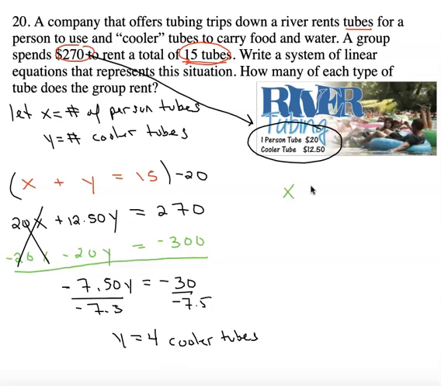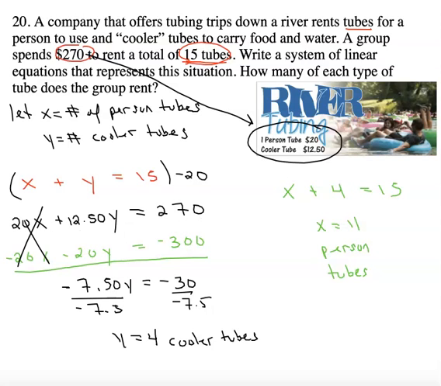So I have x plus 4 Cooler tubes equals 15 total tubes. So x is equal to 11 person tubes. So 11 person tubes, 4 Cooler tubes gives me 15 total tubes. If I plug in the 4 and 11 for x and y, it should also give me a total of